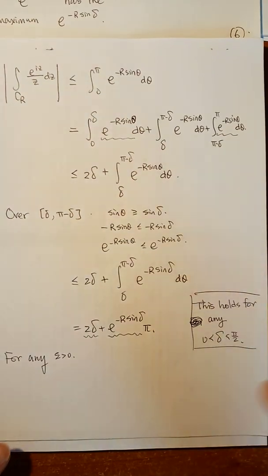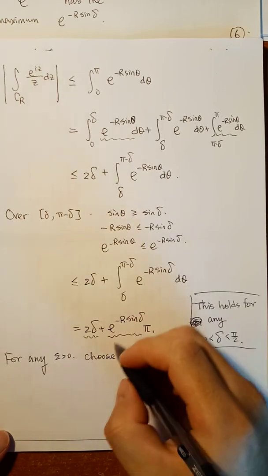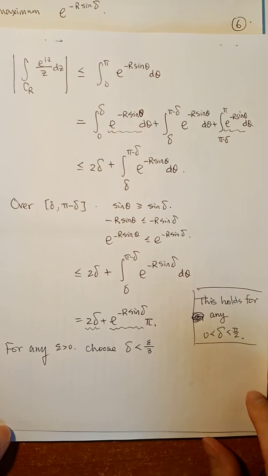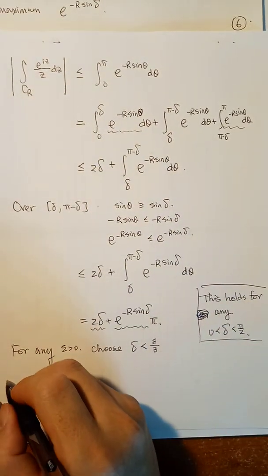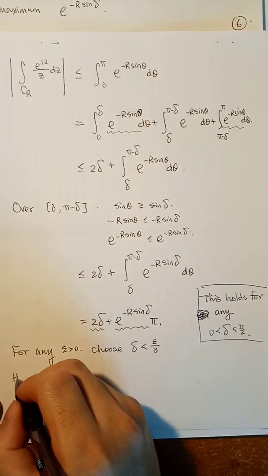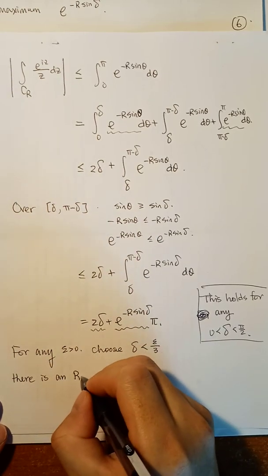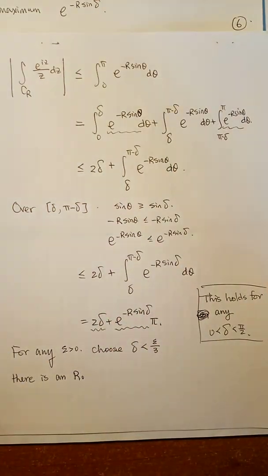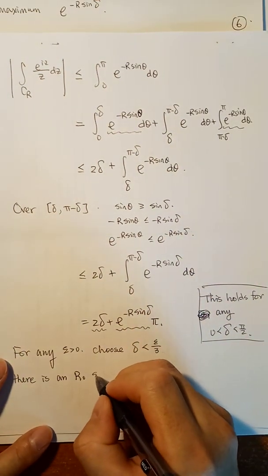Now, for any epsilon, first choose delta less than epsilon over 3. That's one thing. Then there is R0. So you fix this delta. Remember, we can allow this R to approach infinity. You fix this delta, you let R change. There's R0 such that